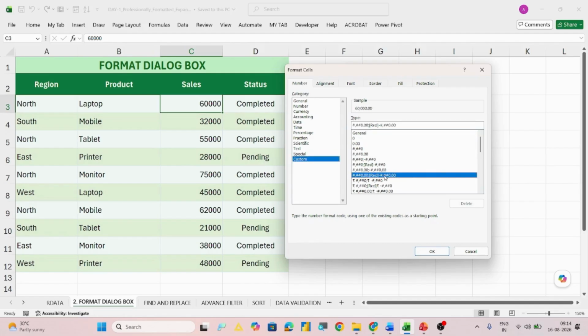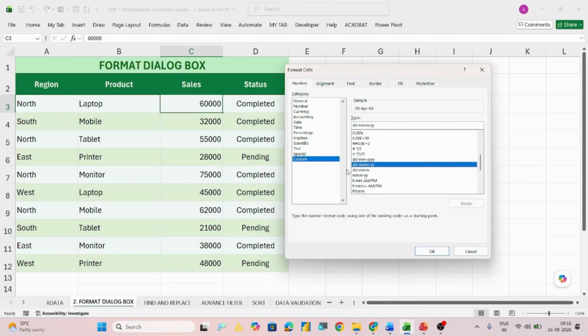This is with currency. Here we can say that negative numbers will appear in red. These two are the red formats here, right? Wherein the negative numbers will appear in red. This is for percentage. This is for scientific. And then see, this is for fractional numbers. These are for date and time. DD MM and 4 times Y, or DD and 3 times M, means 3 letters of the month.